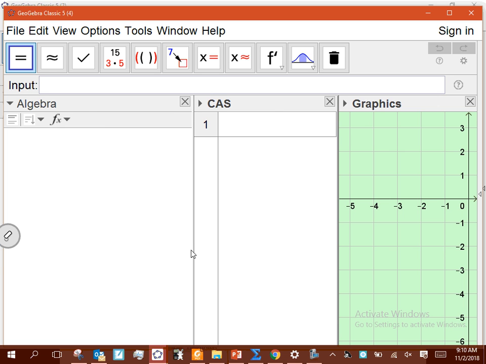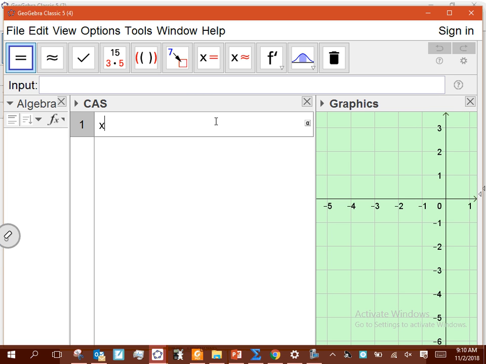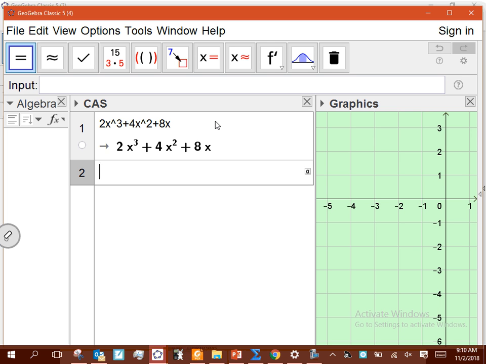Today, we're going to start with maybe something like, I don't know, 2x to the third plus 4x squared plus 8x, okay? And we're going to learn, obviously, hopefully we already know what the end behavior of this looks like. We'll factor this, so if I factor it,